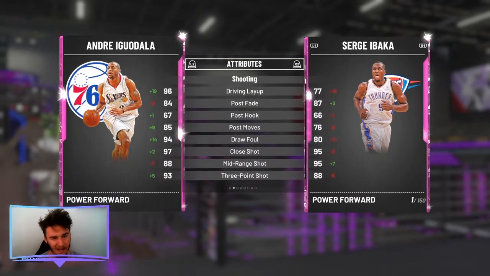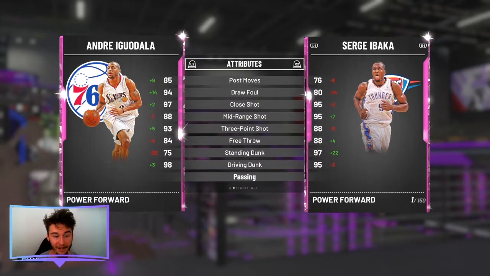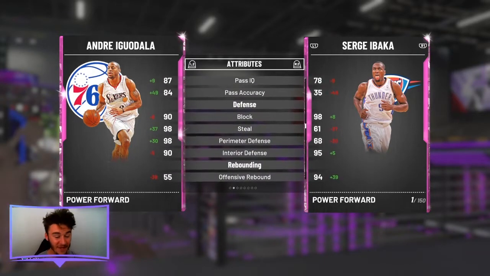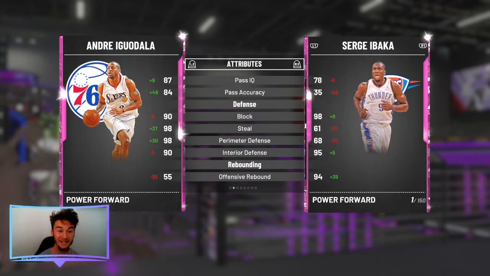He's got some alright post moves. He's got 94 draw foul, 97 close shot, 88 mid-range, 98 driving dunk, 86 ball handle, which is very, very good, at least, knowing that he can speed boost. His defense is so good. I don't understand how his overall says only 95 defensive overall, because in-game, he is unbelievably ridiculous